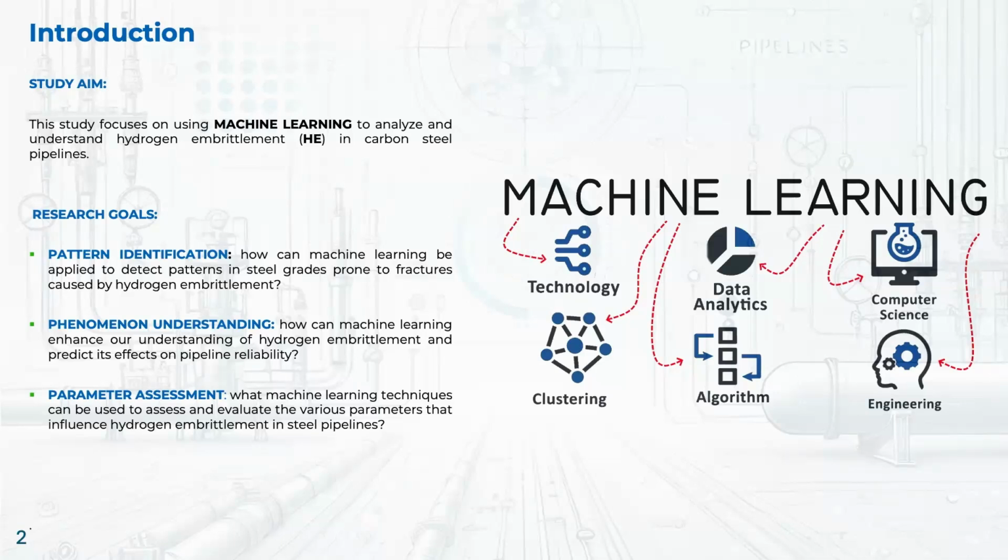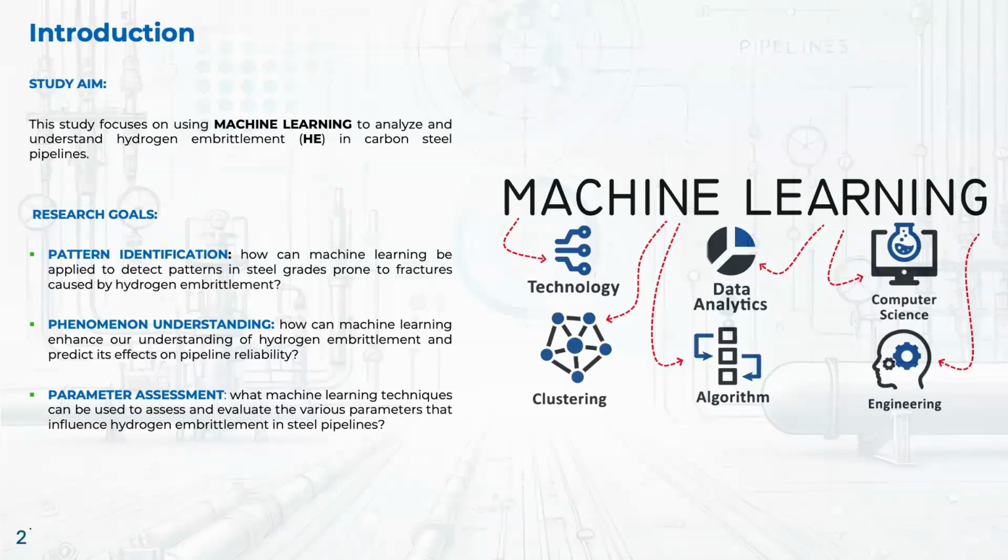In machine learning, there are some goals such as pattern identification, phenomena understanding, and pattern assessment. And the last one is the most important thing we would like to focus on in this study, that is, what machine learning techniques can be used to assess and evaluate the various parameters that influence hydrogen embrittlement